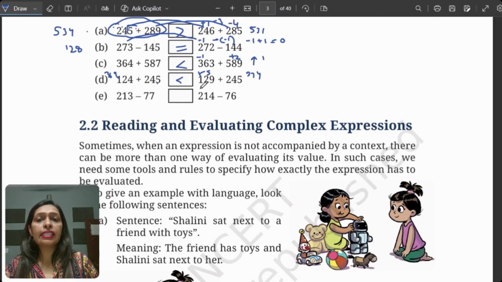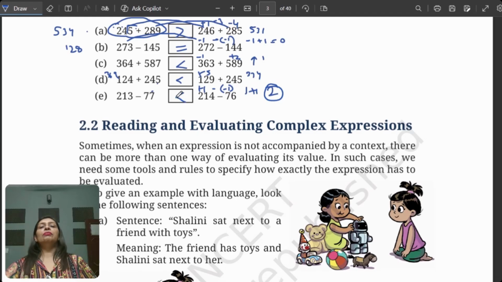So 213 is increased by 1, but do not forget the negative sign in between. 77 is again reduced by 1. So this is 1 minus 1 minus 1 plus 1, which is 2. So overall this number is increased by 2, and hence that makes this number greater. I hope you have understood the concept. If not, do write in the comment section if we need to revisit this or I need to re-explain. But this method really saves your time, and do invest some time in understanding this logical part.